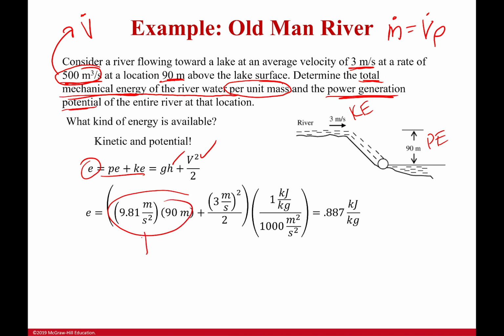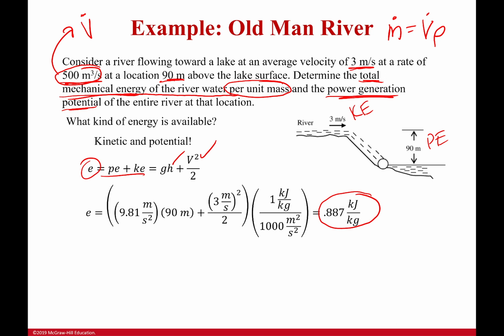Okay, so I plug it in here. This right here is my potential energy. I should do a lowercase. Let's keep the, there you go. And this right here is my kinetic energy. It's really hard to draw lowercase for both of those. And this is that helpful conversion once again. 1,000 meters squared per second squared is 1 kilojoule per kilogram. You need to do that because none of these guys actually have kilojoules or kilograms in them. They have meters squared per second squared, so you're going to have to convert there. And I'll get that I have 0.887 kilojoules per kilogram of energy, mechanical energy in the river water per unit